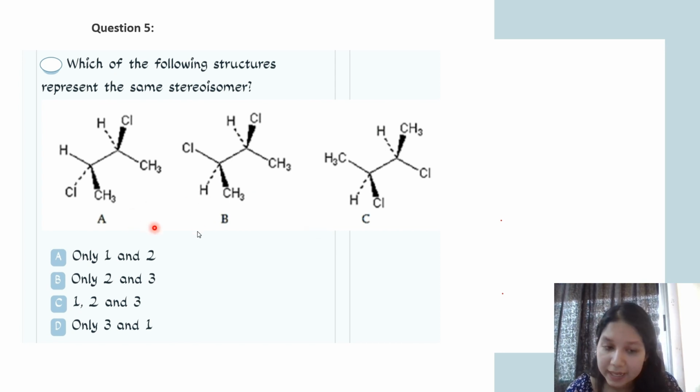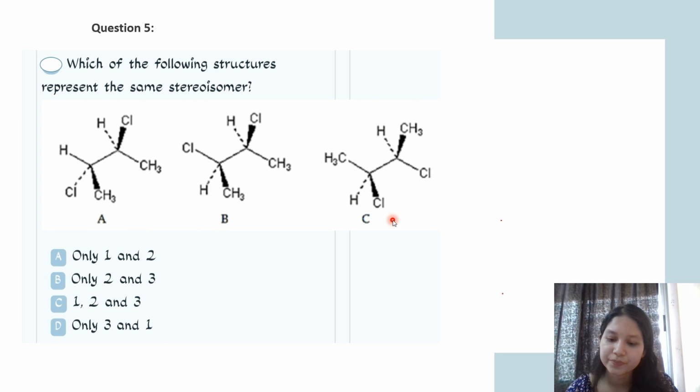Either AB are same, or AC are same, or BC are same. Or it can be like ABC, all are same. Just they are rotated in an angle and